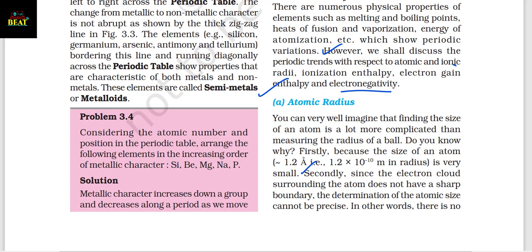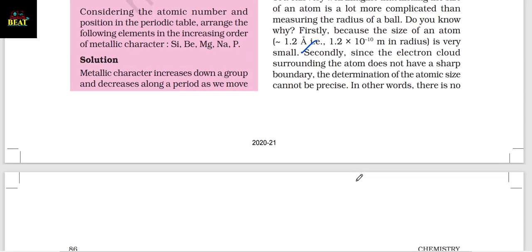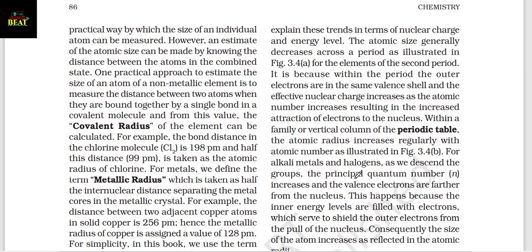Secondly, since the electron cloud surrounding the atom does not have a sharp boundary, the determination of the atomic size cannot be precise. In other words, there is no practical way by which the size of an individual atom can be measured. However, an estimate of the atomic size can be made by knowing the distance between the atoms in the combined state. One practical approach to estimate the size of an atom of a non-metallic element is to measure